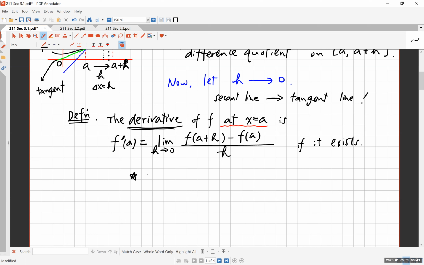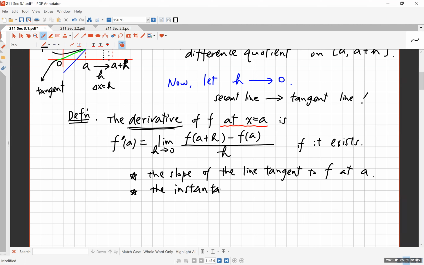Now, this is the slope of the tangent line, or I should say the slope of the line tangent to f at that point, okay? It's also the instantaneous rate of change of f. So this is how quickly f is changing right at that moment, all right? So this is like that number you read in the speedometer of your car at every single point. As you accelerate,